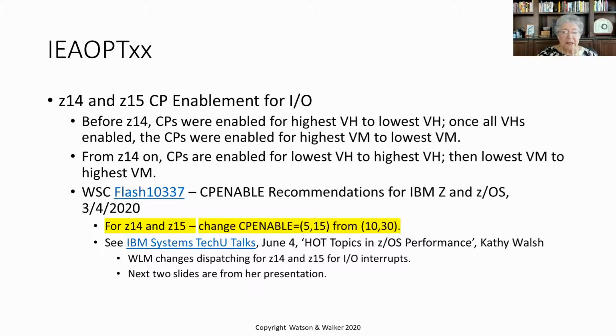And the new recommendation is: if the number of IOs handled through test pending interrupt is more than 15%, that is, we're delaying over 15%